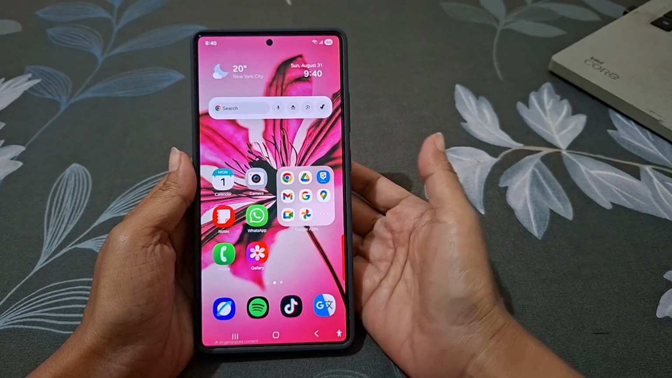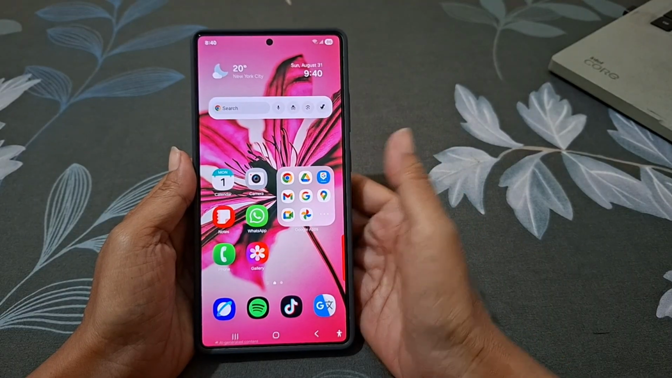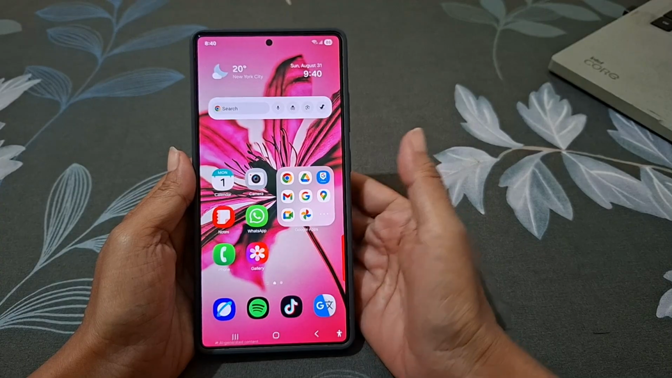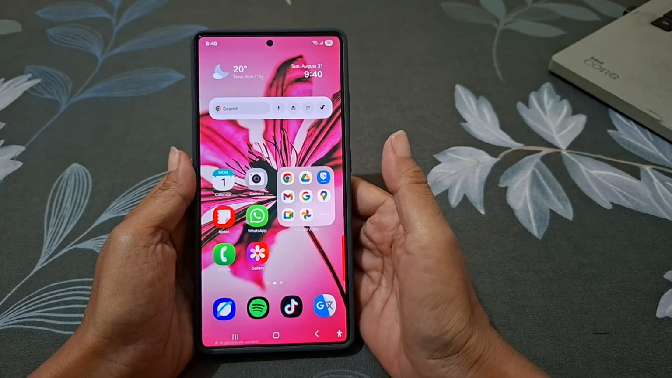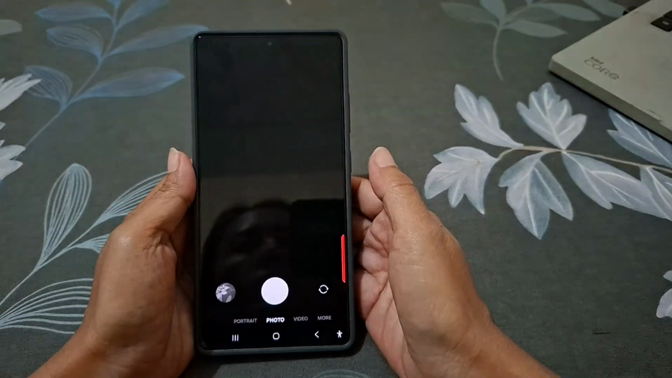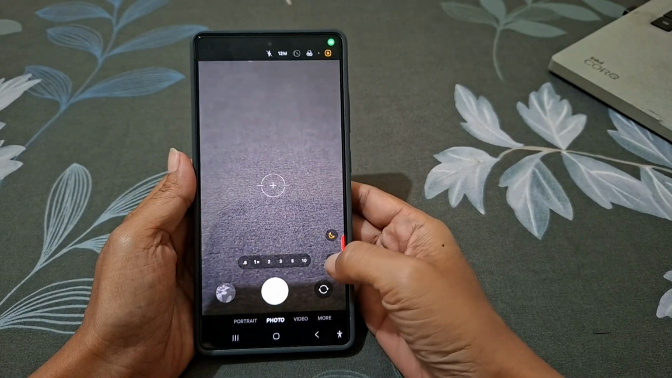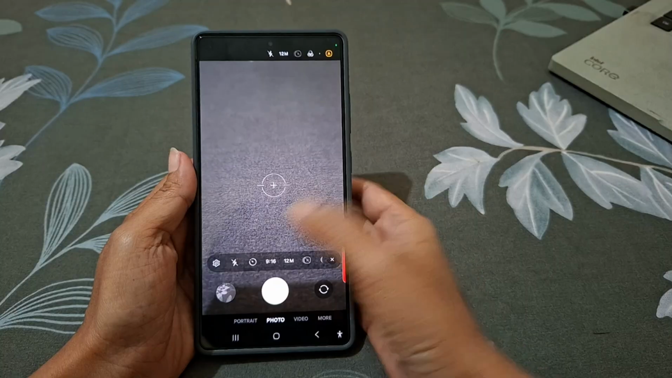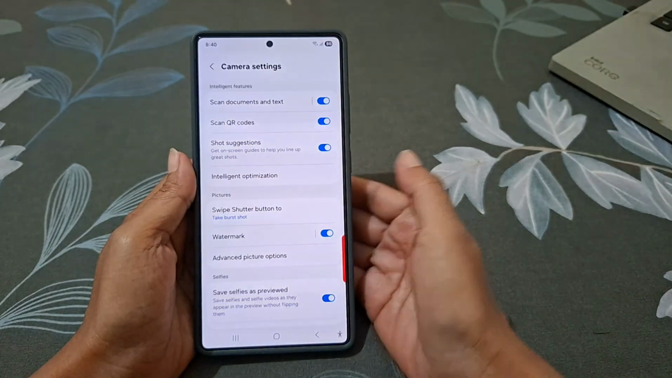One more control when editing your videos, the Samsung Galaxy S25 Ultra lets you record in log format for a wider dynamic range. Let me show you how to enable or disable it. First, open Camera app, tap the quick control icon, then tap the settings icon, scroll down the screen,